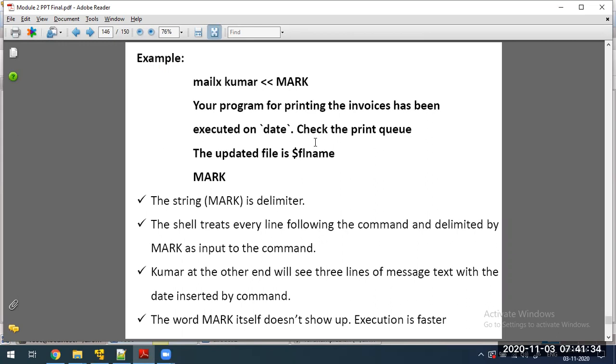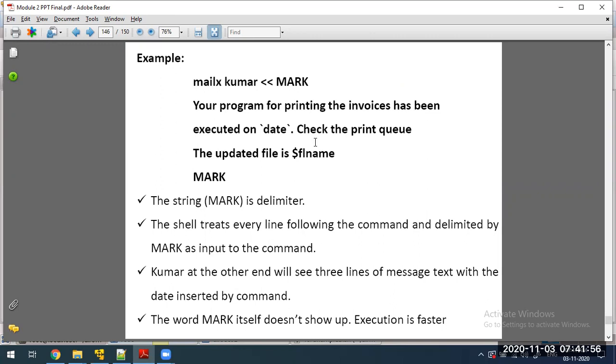I want to send a mail to some person. That code that I have written in the shell script, the thing which I want to send to that person, I would have to give from an external file, the content of that.